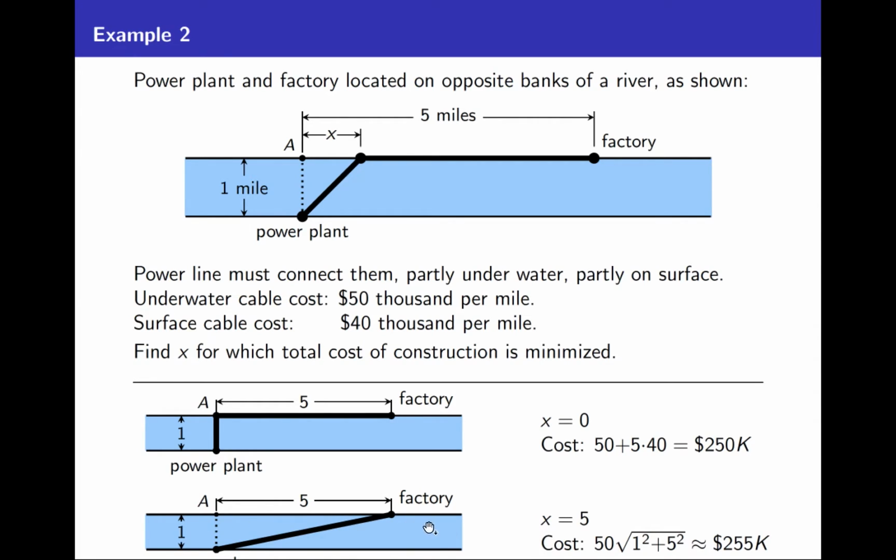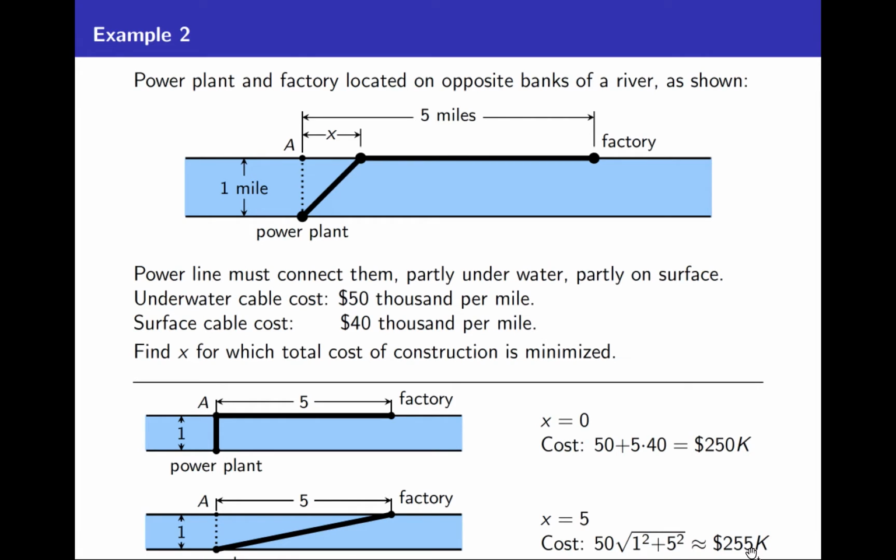And what is the cost? Well, that distance, the length of the cable, is the hypotenuse of this right triangle with legs 1 and 5. So by the Pythagorean theorem, the length of underground cable that you have is the square root of 1 squared plus 5 squared. And it's $50,000 per mile. So the total cost here is 50 times square root of 6, which is approximately